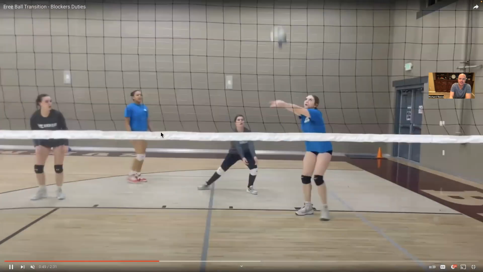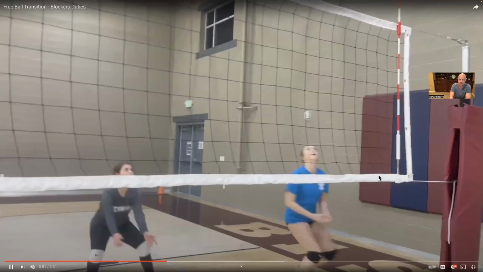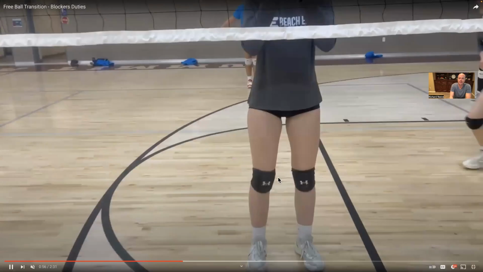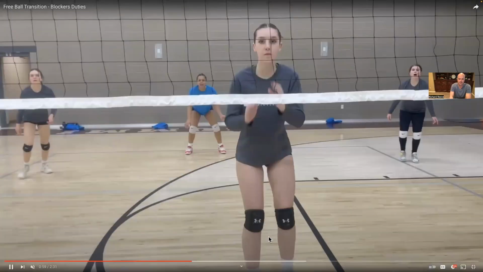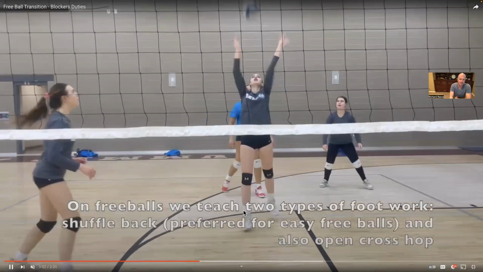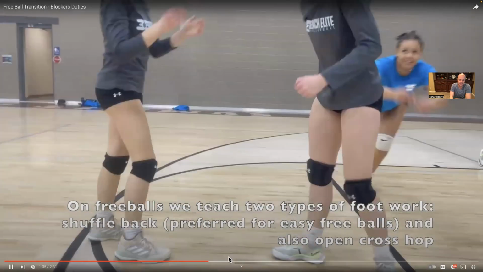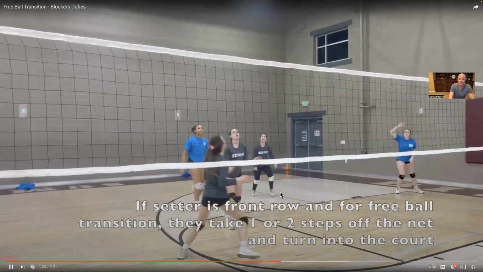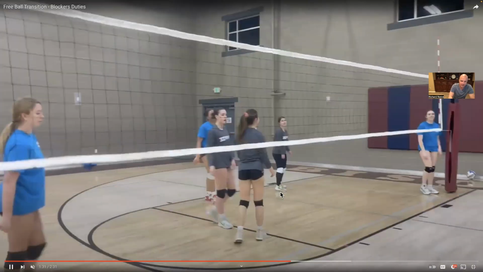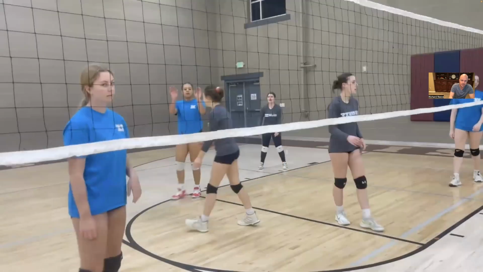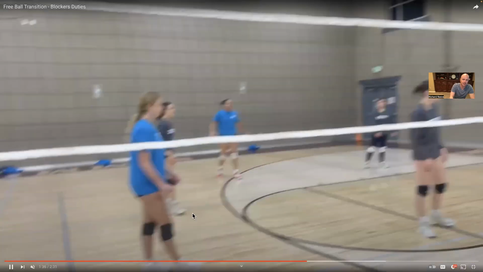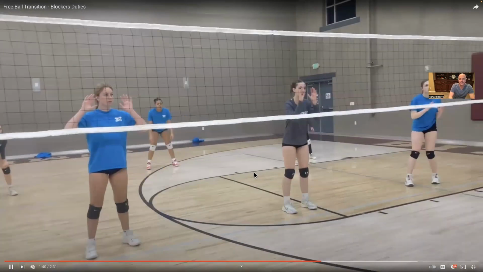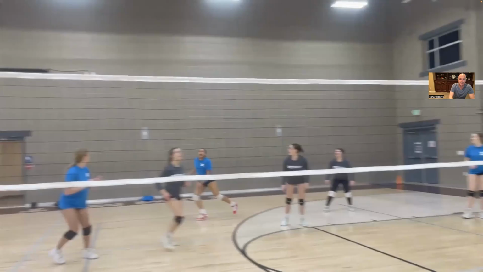This is our 17 or no, our 16s team, Coach Ricky's team for our Bluffdale team in Utah this year. Let's watch Ella and see if she pulls straight back and takes care of her zone. Yeah, she does. So she takes care of it, and then she can go hit. So that's very important to us. And you see that we really encourage our girls, our front row, to act like there's no one else on the court. So if a ball is zipping by their head or close to their head, they take it with their hands. We want them to grab it,